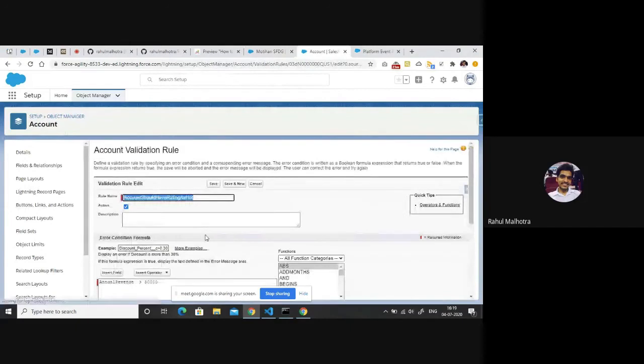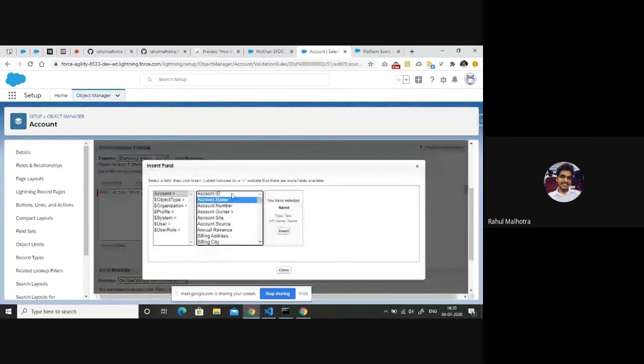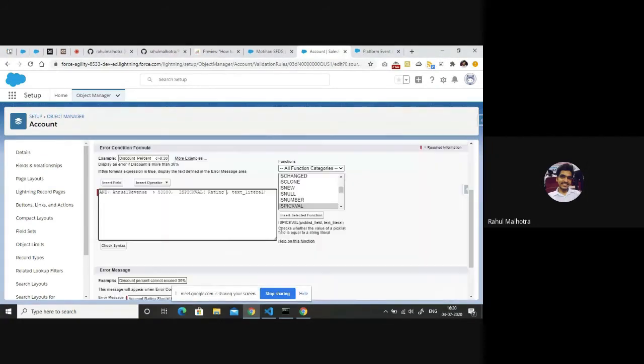We actually need to add another condition that our rating should not be equal to hot, right? So let's add an and here. If our annual revenue is greater than 50,000 and if rating is equal... So let's check out the account rating. And hot, right? So if our account rating is not equal to hot,